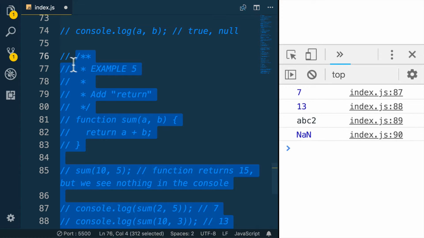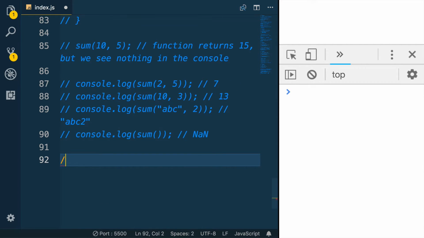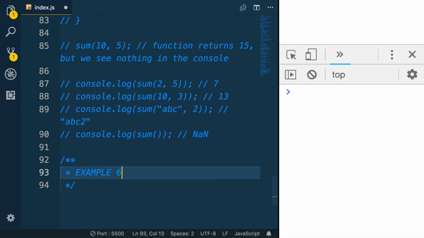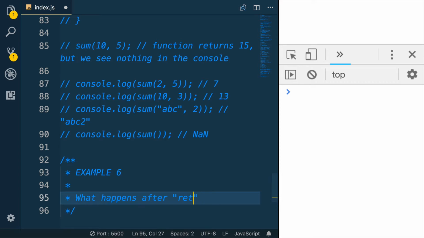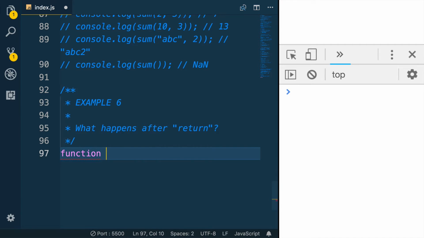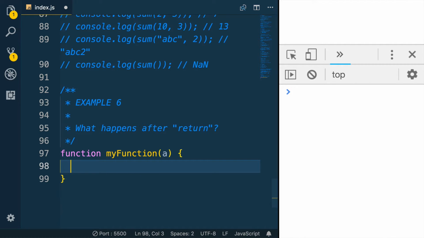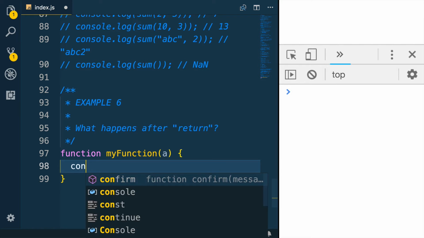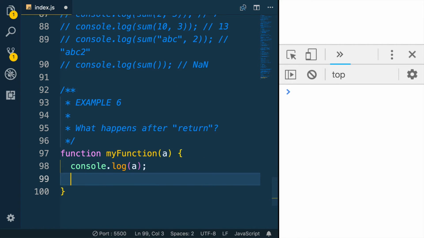And in the next one, we will continue the discussion about the return keyword. And we will discuss what will happen after the return keyword. So let's save this, and here will be example 6. What happens after return? Question sign. And here let's declare a function again called myFunction, and it will have only one parameter, parameter a. And here inside of the body of the function, let's first log to the console a, console.log a, then return a,